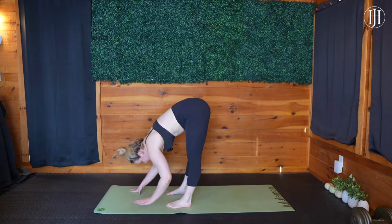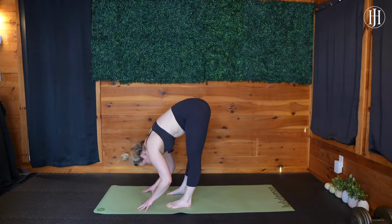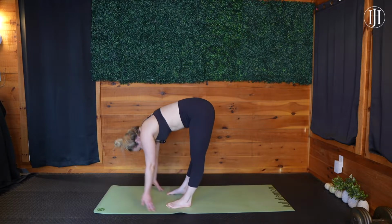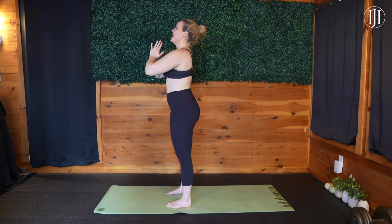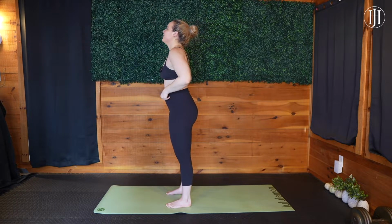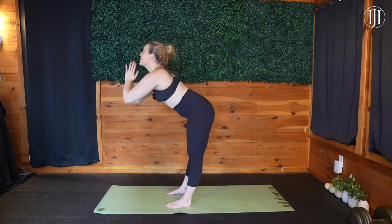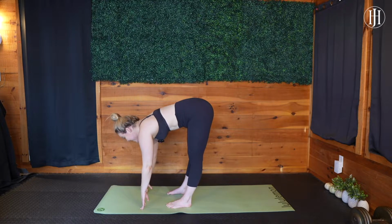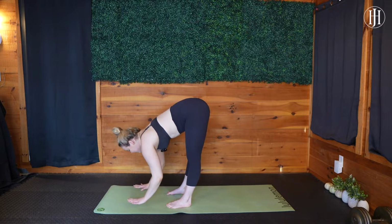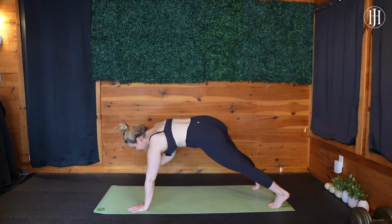distance apart. Inhale, lengthen halfway. Exhale, forward fold. Inhale, arms rise all the way up through standing. Exhale with ease, hands through heart center. Inhaling, arms rise. Exhale, hands through heart center, hinge it forward, forward fold. Inhale, lengthen halfway. Exhale, place the palms down, step or hop back to that high plank, and we take an